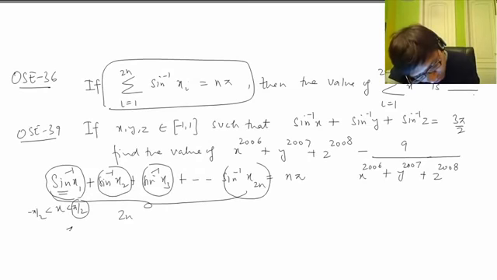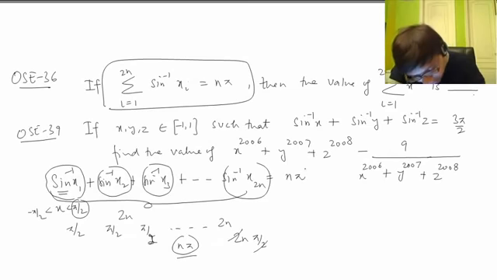Each one is pi by 2, at its peak, maximum contribution, and these are 2n terms, each is pi by 2 and we have 2n terms. Altogether, pi by 2 added 2n times, so 2n into pi by 2, it is n pi. So you can see, this is n pi.